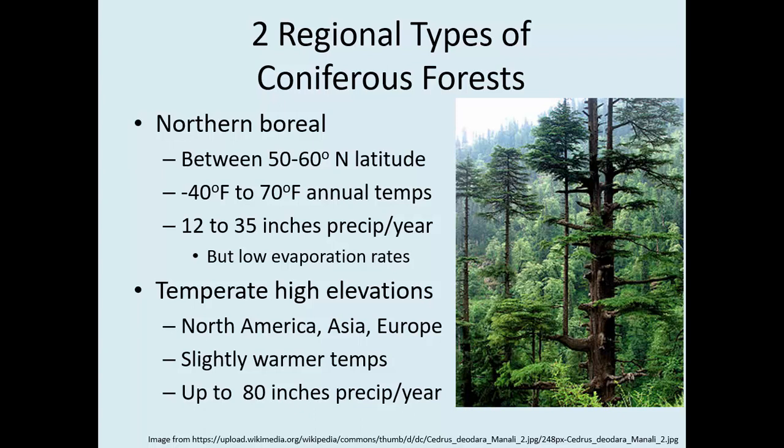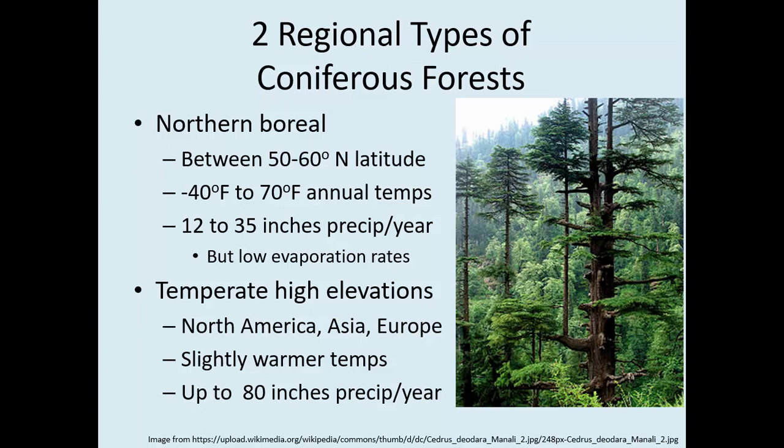There are also coniferous forests at temperate areas that have high elevations. So North America, Asia, and Europe all have some areas with high elevation, so mountain regions. Although if you were down lower on the mountains, it would be fairly warm year-round. If you go up higher on the mountains, those regions do stay cooler, and so they are still the coniferous